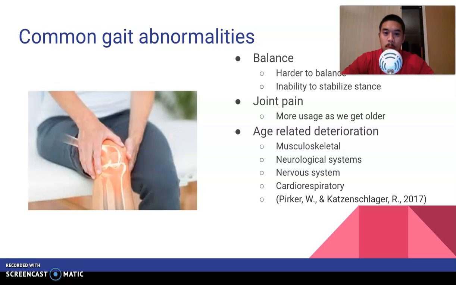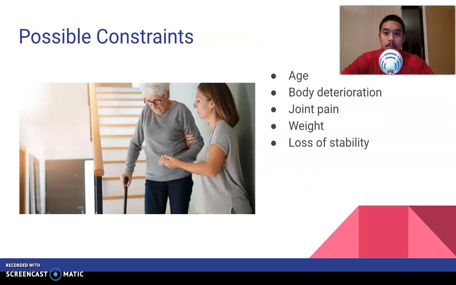We have a lot more joint pain because we've been using them all our lives, so the more we use them, the more they tend to hurt, they tend to deteriorate. And all of this is normal as we get older. We have musculoskeletal, neurological systems, nervous system, cardiorespiratory systems. All those start to get more and more deteriorated as we get older. Possible constraints: age, body deterioration, joint pain, weight, loss of stability,